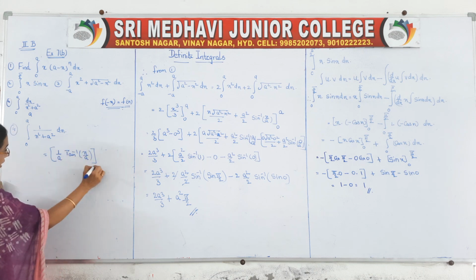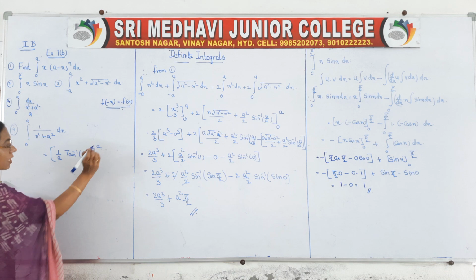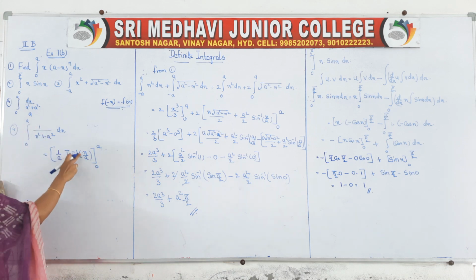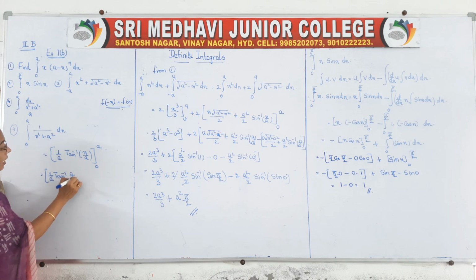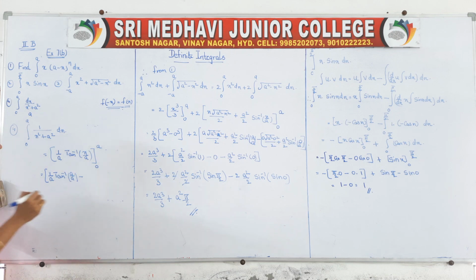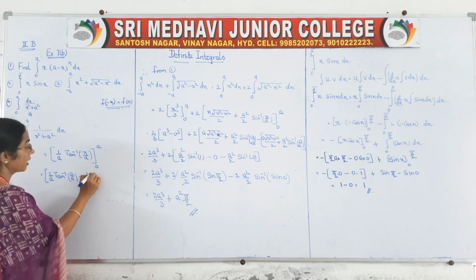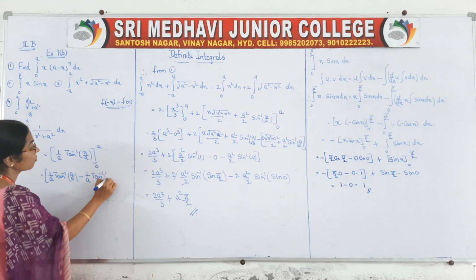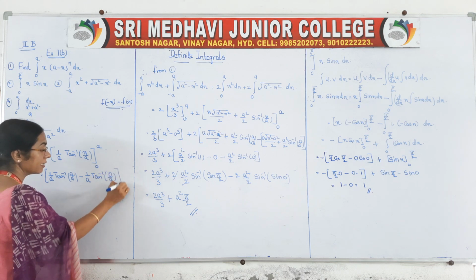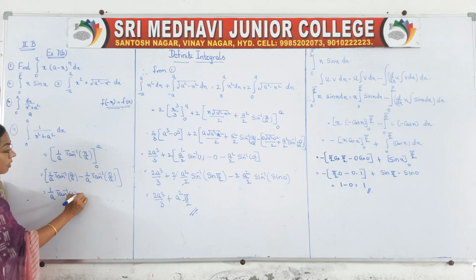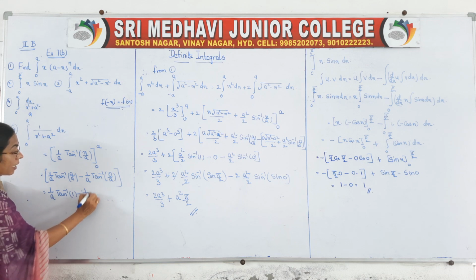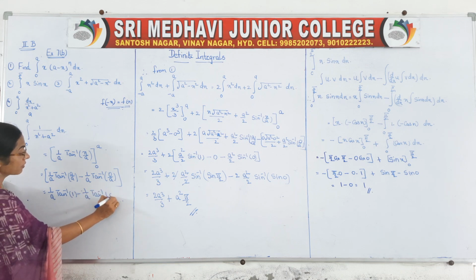Once it is taken, you take the limits on the right side. First in x place, upper limit, so 1 by a tan inverse a by a. Next, lower limit, that is 1 by a tan inverse of 0 by a is the value. So it is equal to 1 by a tan inverse of 1 minus 1 by a tan inverse of 0.